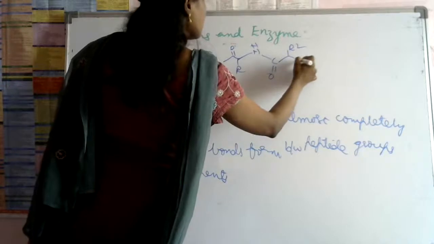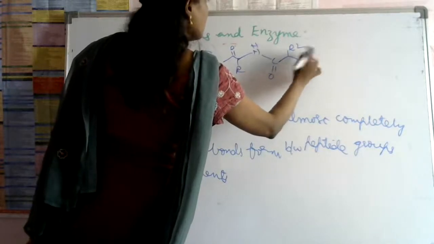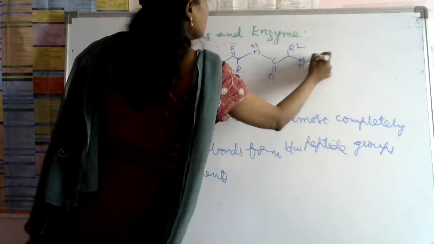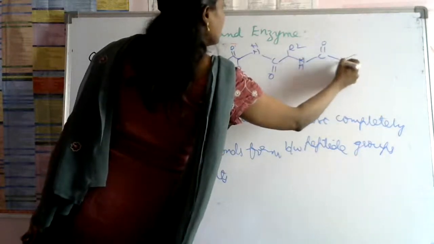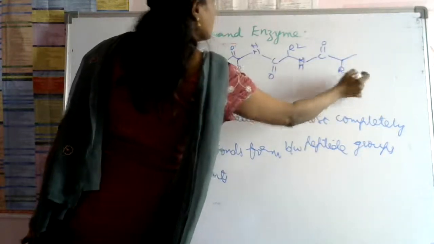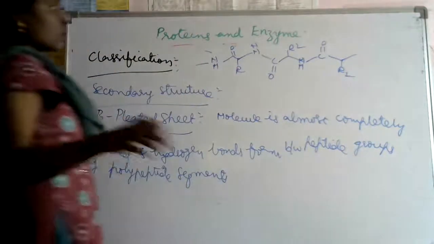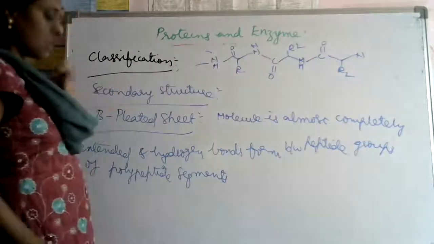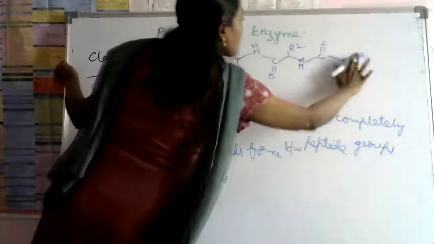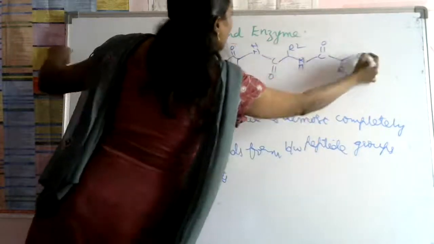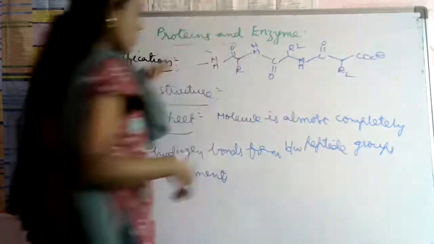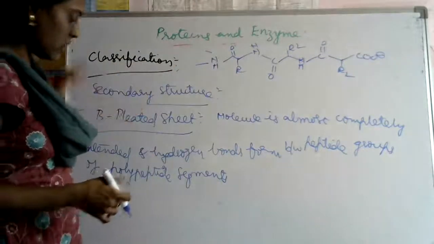Next NH will be there, CO. Like that, we can write. This is the CO group or NH group, whatever it may be. Next, this is